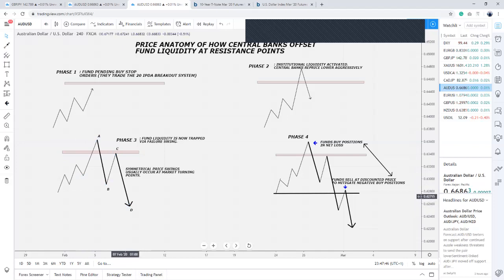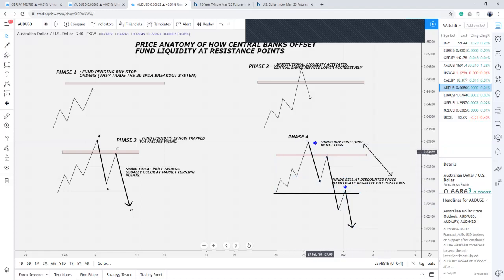Okay, price is going to make a symmetrical price swing, and then your phase 4, the fund buy positions are now in net loss because the market is trading lower than where the funds bought the market. And then what the funds will do to mitigate the losses on this buy position is look to ride the sell move, okay, around this level. So the funds will sell the market around this level at a discounted price